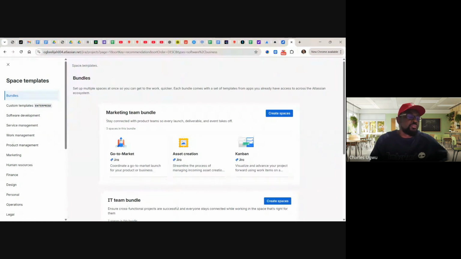So you have to create a new space. I wanted to add a new project, but it's not allowing me, so I have to create a new space. From that, I'll create a new project.